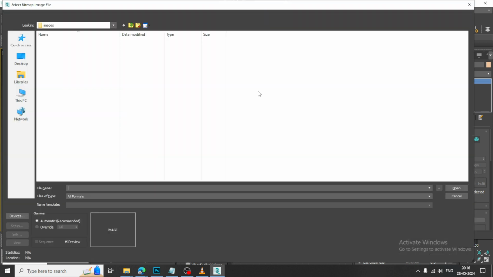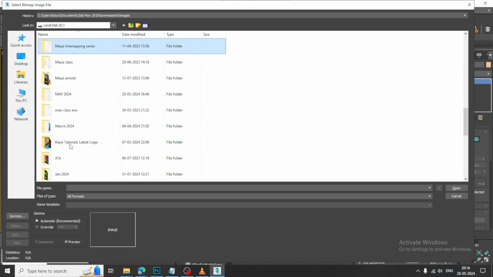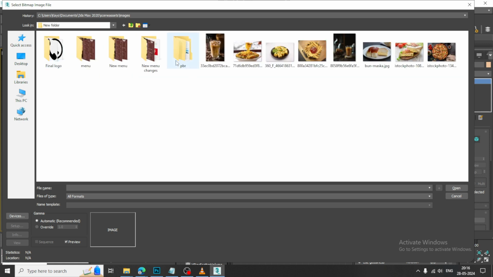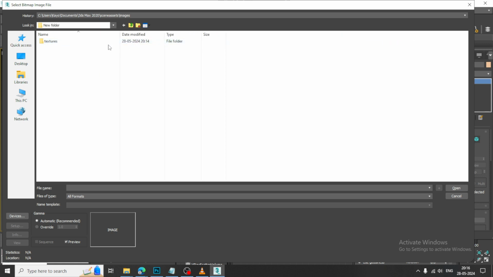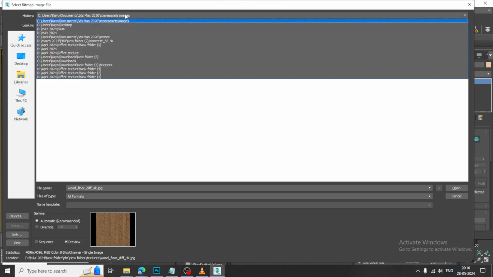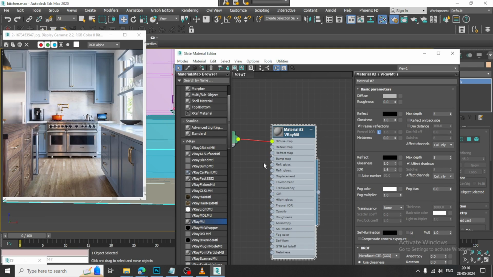Let's take a bitmap. So I'll take this diffuse over here. So I can just copy this. Let's take diffuse over here and let's assign